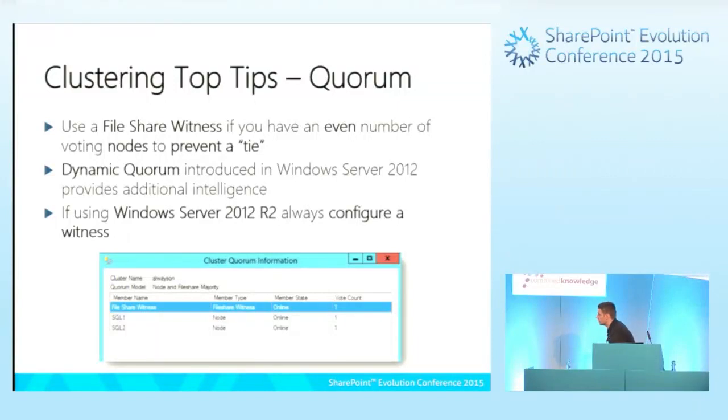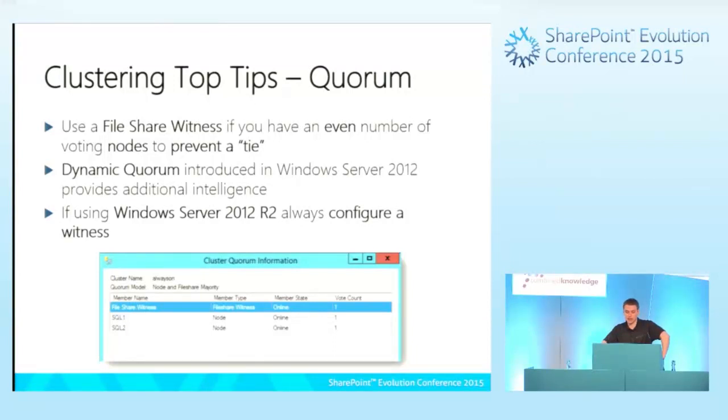Windows Server 2012 provided a feature called Dynamic Quorum, which provides additional intelligence. Essentially, when servers go down or fail over, for whatever reason, their votes are removed from them. If we, for example, had a 5-node cluster prior to 2012, if a server failed, its vote would still remain, so there is a chance that the cluster would fail if there were less than 2 servers. Now with 2012 Dynamic Quorum, as a server fails, it actually loses its vote. So you can actually have a cluster that survives with only 1 active server running,